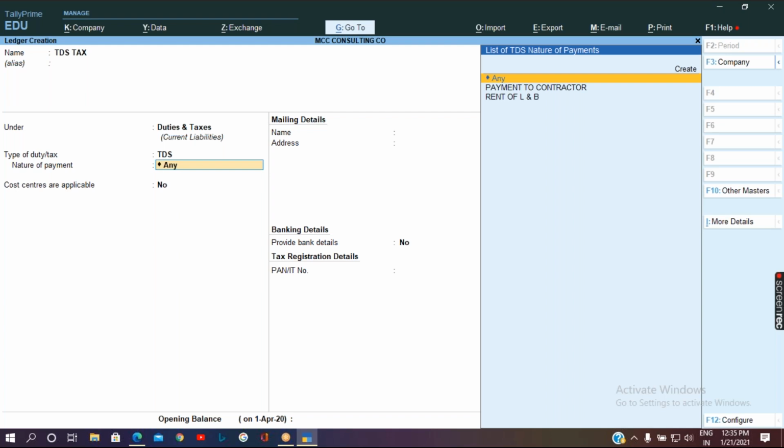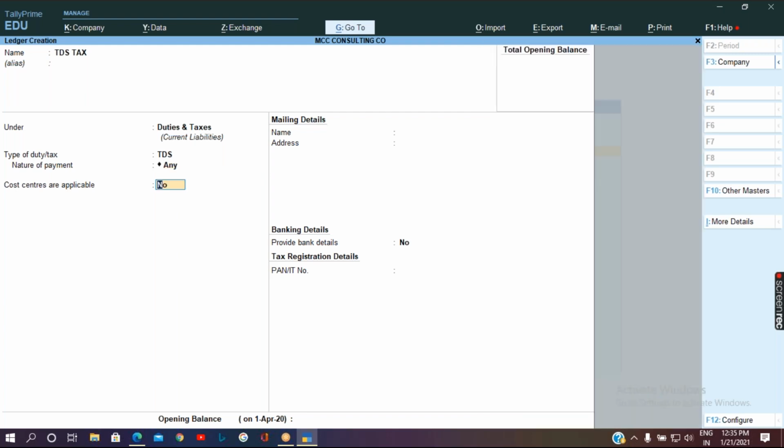But instead of doing that, we can create a common tax ledger applicable for all the natures of payment. In that case, you are supposed to select it as Any. So select Any, cost center as no.